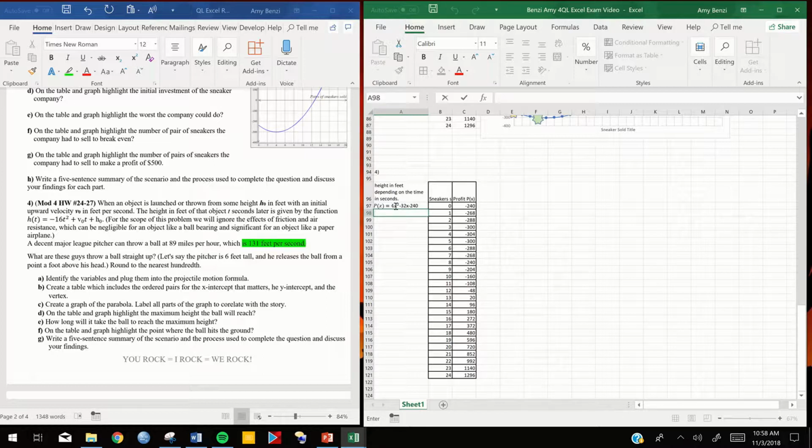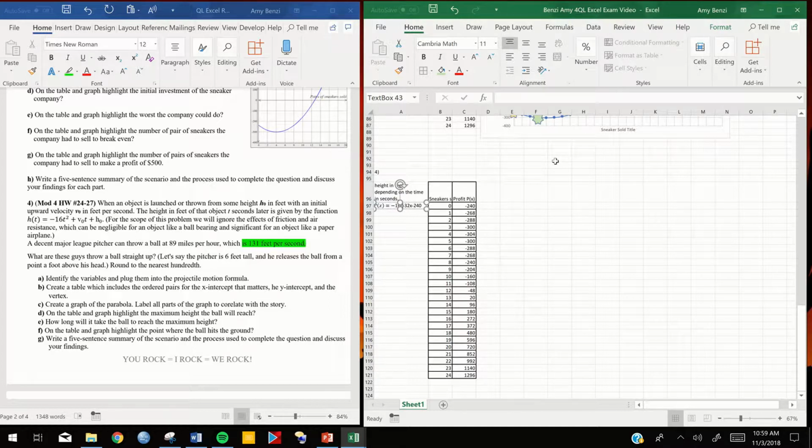All right, so now my function is a little different. I have my force of gravity, which is the negative 16, when we have feet per second, our force of gravity is negative 16 feet per second squared. If we're talking about meters, it's usually, I think it's like negative 4.9 meters per second squared. All right, so we have negative 16, and then, not that it matters, but we're using t instead of x,